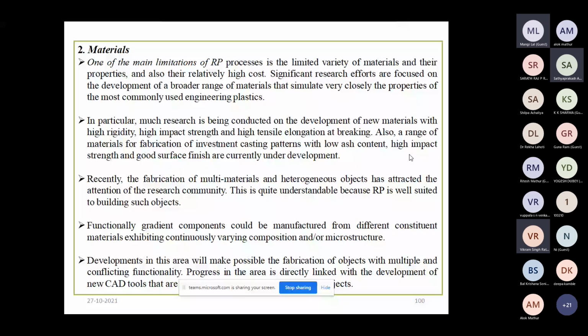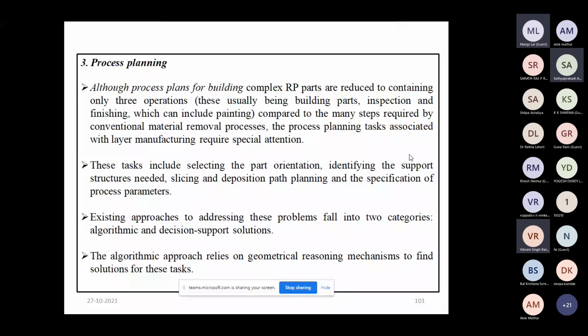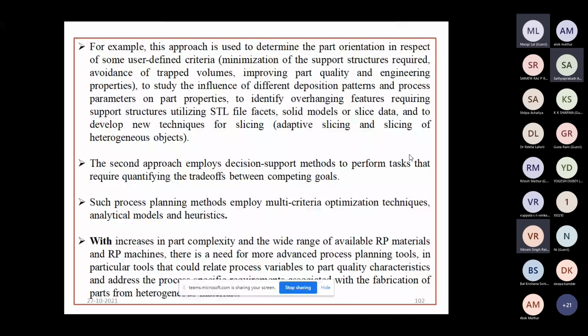Process planning is very important because first of all, you have to generate the CAD design, because the main information is the CAD design. Then this CAD design must be compatible to generate the STL file, and this STL file must be compatible with your machine software. If you do not have the software for the compatible STL file, then you have to purchase it. But all the software is inbuilt in this particular rapid prototyping machine or additive manufacturing machine.